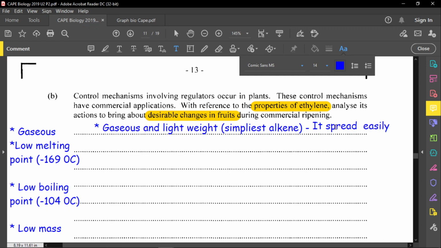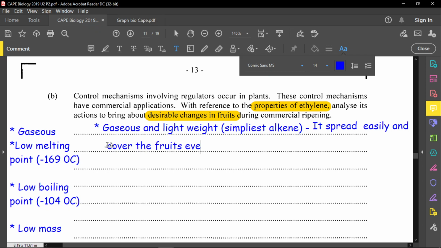And because of this spreading, if it spreads evenly, then therefore it can also easily cover foods evenly. So spread easily and cover the fruits